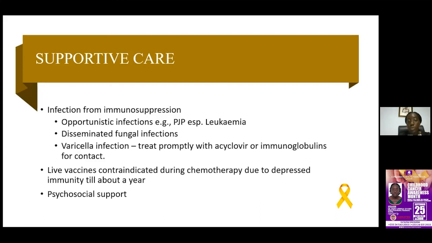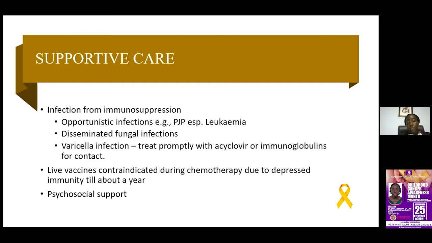Usually you want to start with a broad spectrum to cover both gram-negative and gram-positive. Also, in certain cases where the child still has fever with neutropenia and is not responding to antibiotics, you have to consider opportunistic infections, fungal infection, viral infection, and start antivirals and